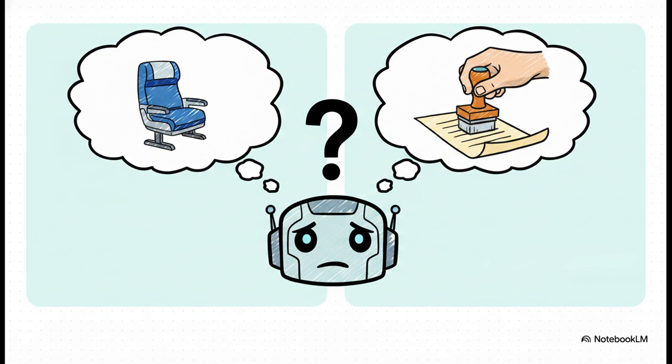Now, the core mystery for machines here is ambiguity. Let's take a simple word like back. It can act as an adjective, like in a backseat, or totally flip and be a verb, like back the bill. It can even act as a noun or an adverb. It has a complete identity crisis that depends entirely on the words surrounding it. If a machine just looks up the word back in a dictionary, it's going to get real confused real fast.